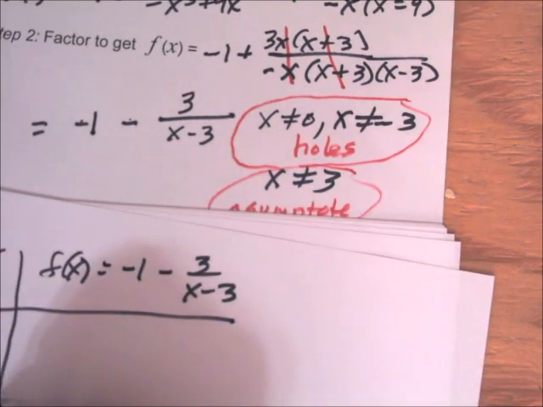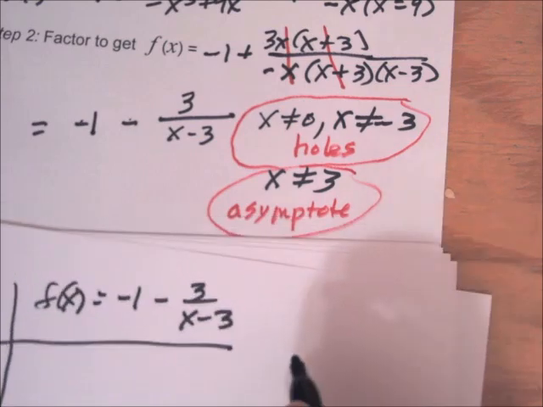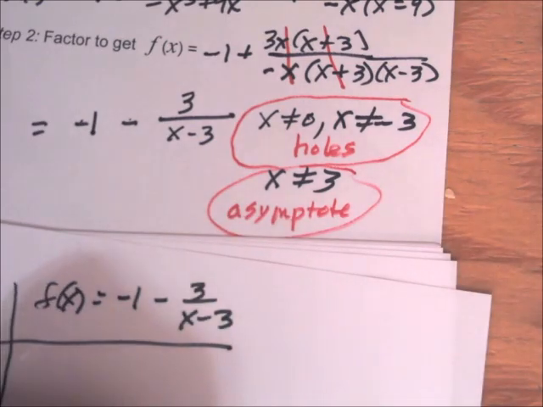Okay. So we want to plot some points on either side of the vertical asymptote, and we'll also include the holes. Well, let's start at -4, -3,